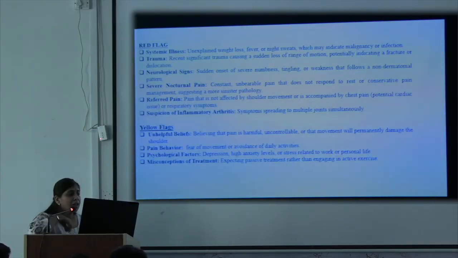Red flags, where we will not do any physical treatment. Systemic illness: unexplained weight loss, fever, which may indicate malignancy and infection. Trauma: recent significant trauma causing a sudden loss of range of motion, potentially indicating fracture or dislocation. Neurological signs: sudden onset of severe numbness, tingling, or weakness that follows a non-mechanical pattern. Severe neural pain: constant unbearable pain that doesn't respond to rest or conservative pain management,